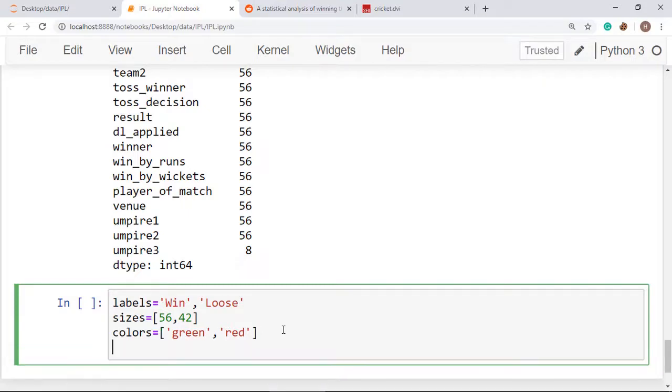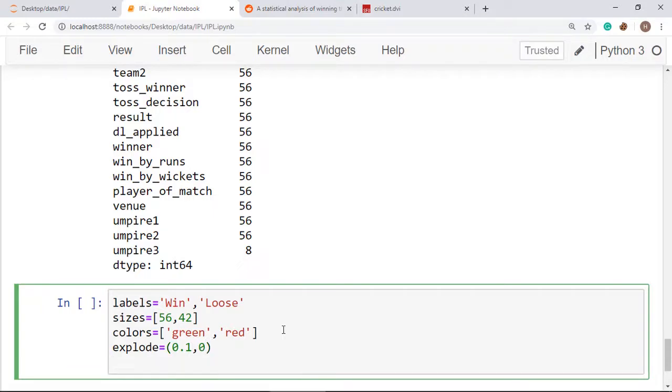Now I want to pull out a slice. So I want the first slice to be removed out. So I'm using explode here, and I'm using 0.1 comma 0. We have two values only. So I want it 0.1 moved out. Now I am plotting the plot. So what we have to do?